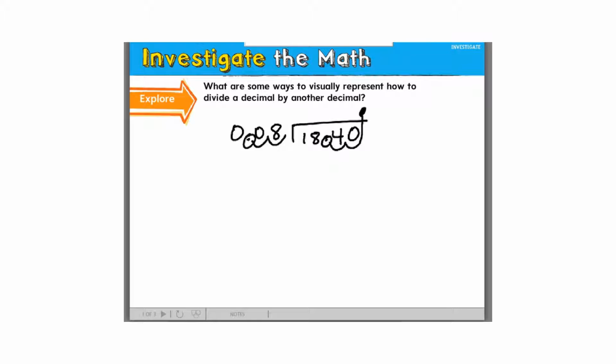Some people want to rewrite the problem after they do all of that. You can if you want to. You can rewrite the problem next to it or underneath, like I showed you in a couple of other examples, so that you don't have all the lines drawn there. Basically remember,